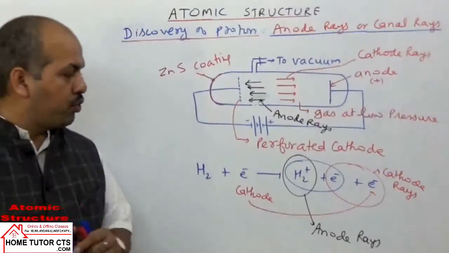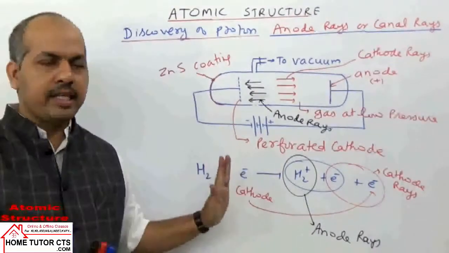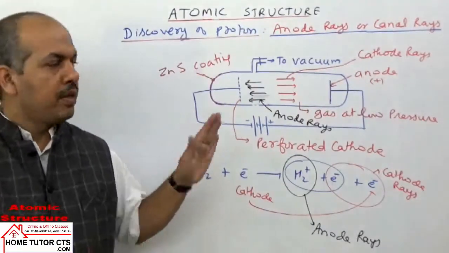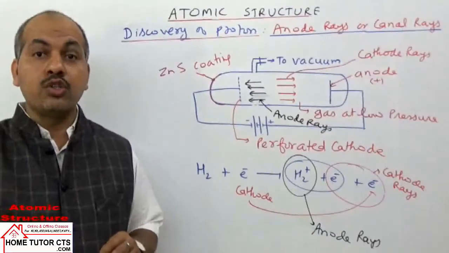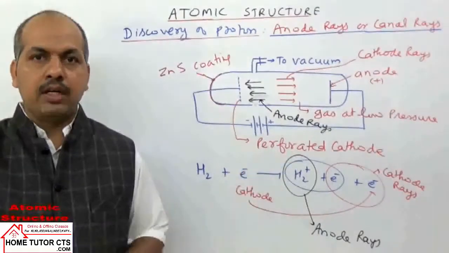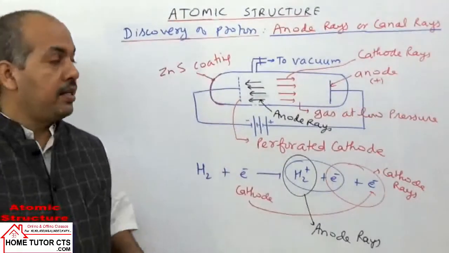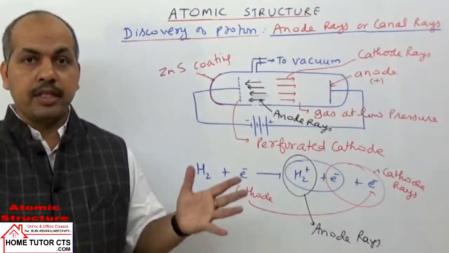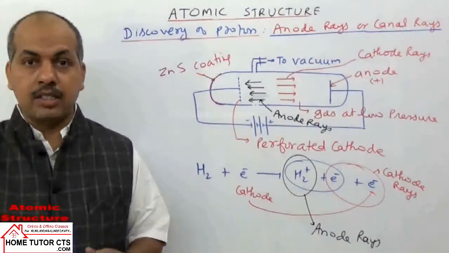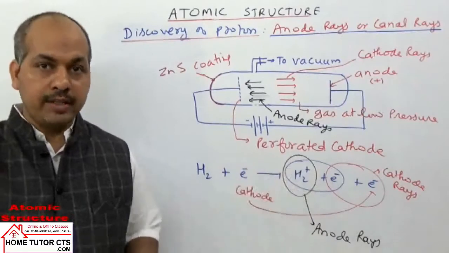If I take some properties of the anode rays, let me explain. The properties are quite similar to cathode rays, leaving aside the charge and the charge to mass ratio. First property: the anode rays also travel in a straight line. Experimental proof is that they cast a shadow of an object placed in their path. Then they have material, mechanical nature. They are made of particles. Those particles, when they strike a light mica wheel placed in the path, can start it rotating.